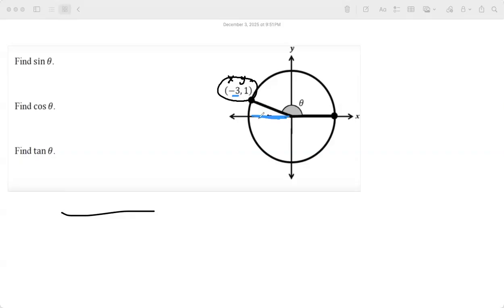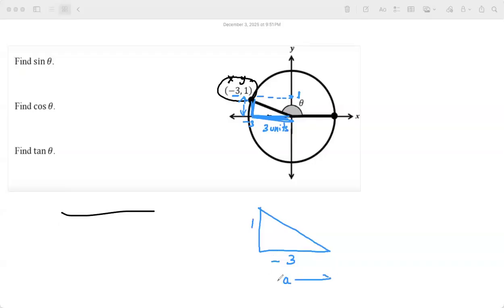At this point, with x and y, I make a right triangle. So the x value is 3 units towards the left. So it was a minus 3 in here and the y value was 1. So this is 1. Make sense? Let me redraw that right triangle. Okay, this is 3. But see, this is a minus 3. You have to remember that, okay?